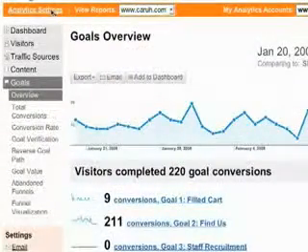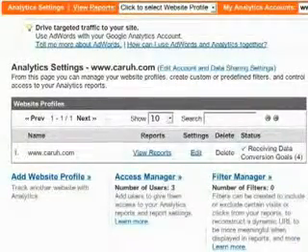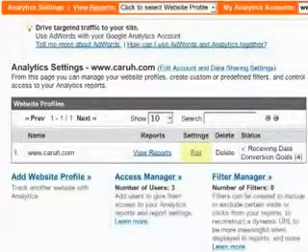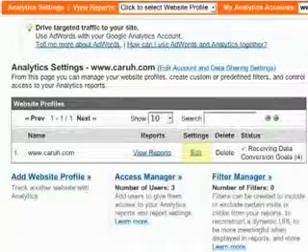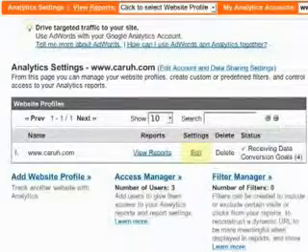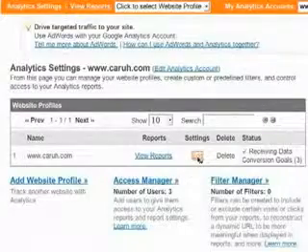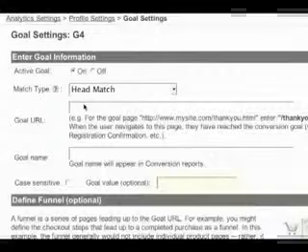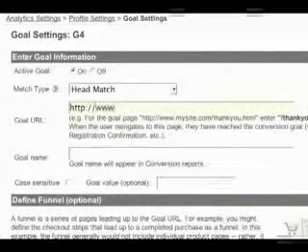To define your goals, just go to the Analytics Settings page. If you don't see this edit link next to the profile for which you want to configure goals, it means that you don't have administrator privileges, and you'll need to work with an administrator in order to configure goals. Assuming you are an administrator, you can click Edit next to the profile for which you're going to establish goals, then click Edit next to one of the 4 goals, fill in the URL of the goal page,